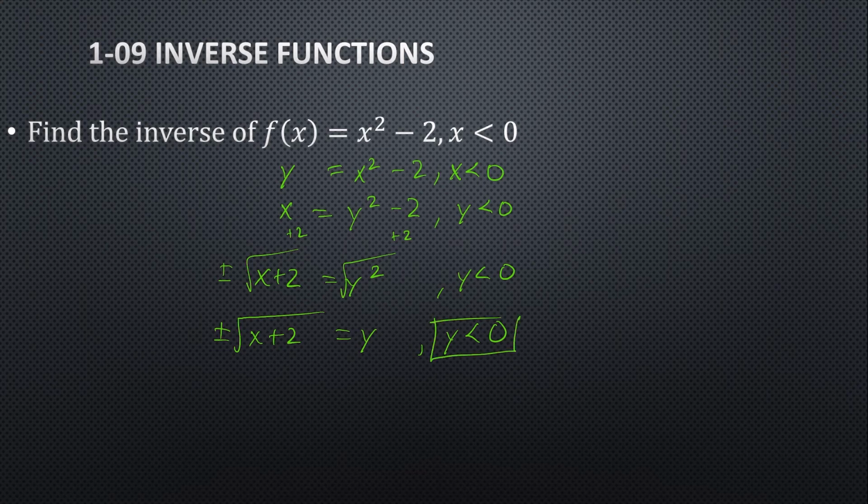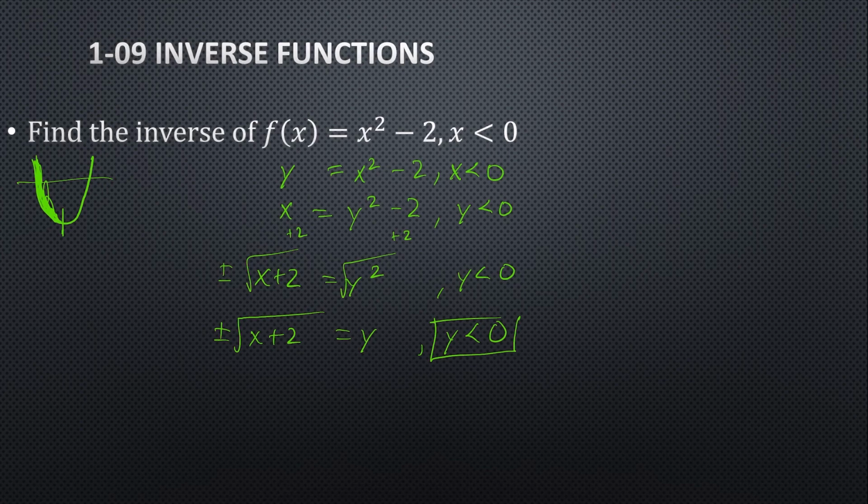It says y is less than 0. So the reason why we have that is because this original function is a parabola. It is not one-to-one. Therefore, the inverse will not be a function. But in math, we like functions. So what they've done is they've taken and said just this part of our function is what we're looking at. That is one-to-one. After we reflect it,